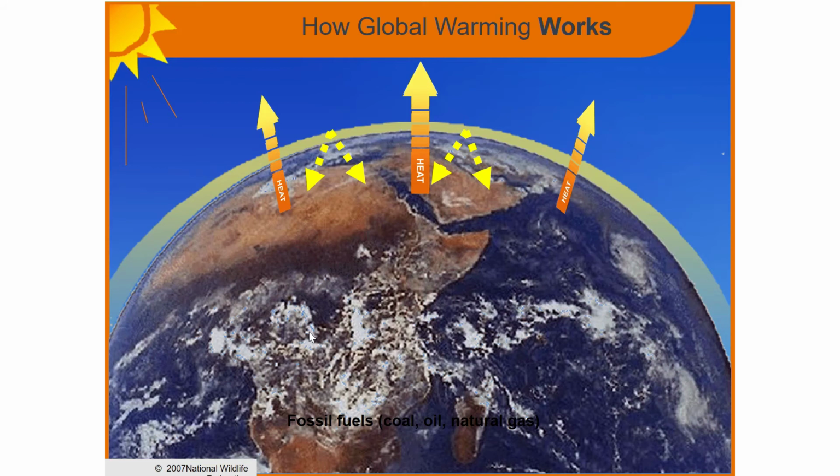We might all wonder how this actually works. As I said, let's see how global warming works. The Sun is the main source of energy, the main source of heat for us to live and keep warm. We can't survive without the Sun. We need a certain amount of heat to survive, and that is provided by the Sun. So the heat enters, and some portion of the heat is also released back out through the ozone layer.